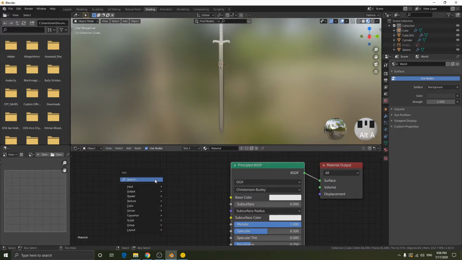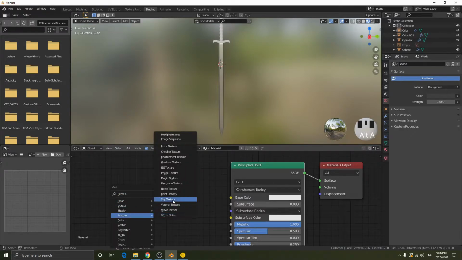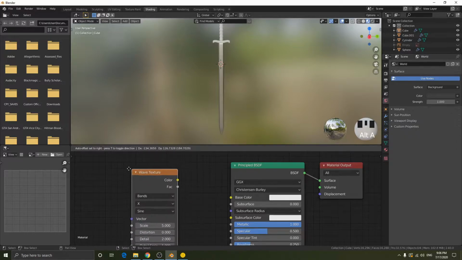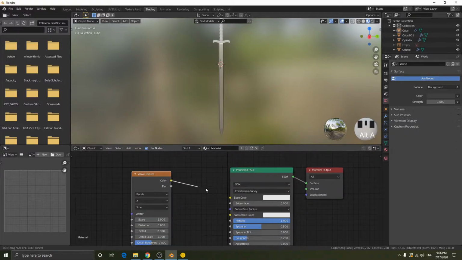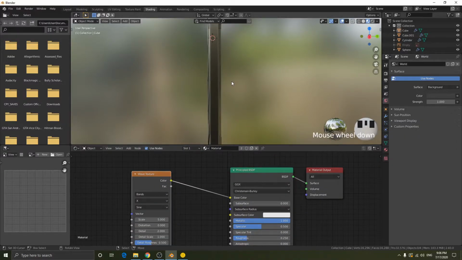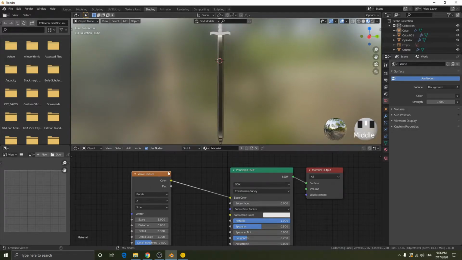So for Damascus, if you press Shift A in here, you can add a bunch of stuff: input, output, shader, texture, color, vector, and all sorts of stuff. For Damascus, we need that swirly wavy pattern. So to create that swirly wavy pattern, we are going to search up in textures a wave texture right there. Very nice. Connect the color to the color, and we can already see, actually we cannot already see, if we